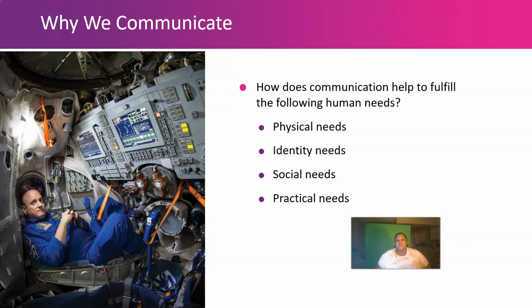So first, let's explore why do we communicate. The book talks about the 4 reasons why we communicate. First, there are physical needs. So for instance, we need to tell people if we're sick. We need to know if others are doing well. We need to make sure and communicate that we're safe. Those are some of our basic needs that we have as human beings. So communication helps us with physical wellness, health, safety, and making sure that our environments and world is safe around us.